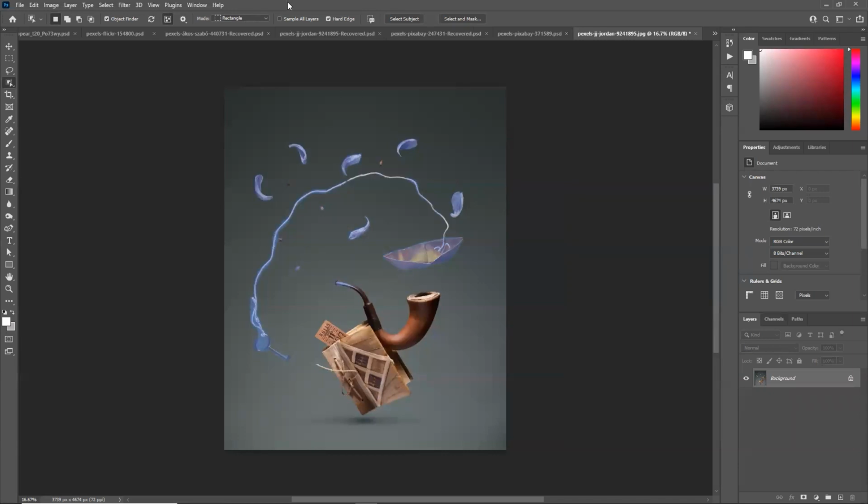So obviously you can understand that not all the portions of your image will be selected. It is totally based on what Photoshop's AI understands. Okay, so it is not a very reliable tool for me at least, but it does a lot of hard work for you. Okay, great.